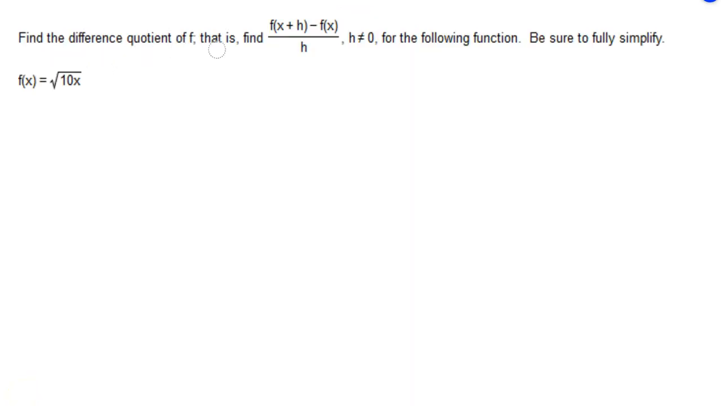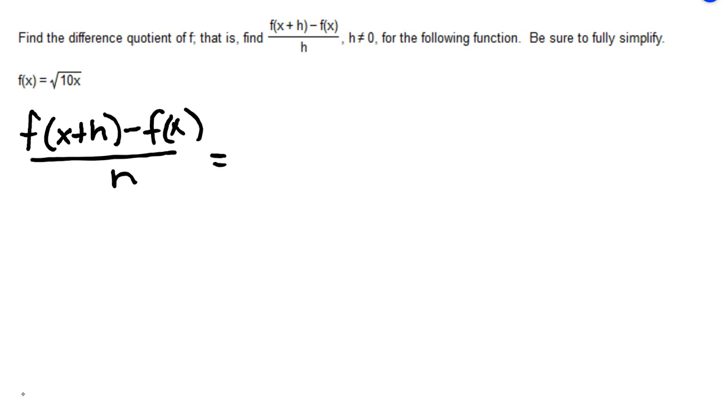Find the difference quotient of f. That is, find f of x plus h minus f of x over h, h not equal to 0, for the following function. Be sure to fully simplify. So our function is f of x equals square root of 10x, and we're going to find the difference quotient, which is f of x plus h minus f of x over h. So the difference quotient for this function would be square root of 10 times (x plus h) minus square root of 10x